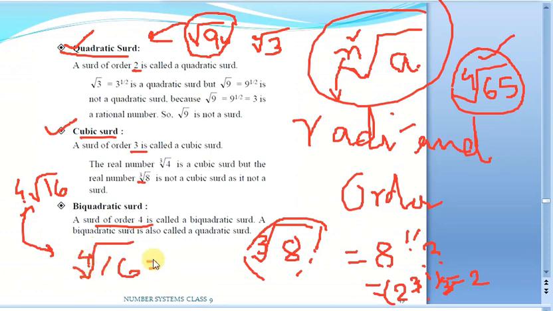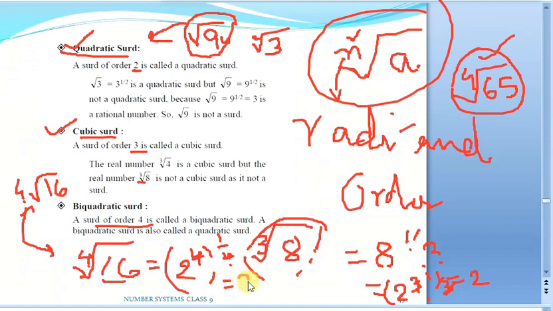So is it a biquadratic surd? That is my question. Let us check. Simplify it further: whatever is inside, try to prime factorize it. So how can we write it? It is 2 power 4. To prime factorize, 2 into 2 is 4, 4 into 2 is 8, 8 into 2 is 16. So 16 is 2 power 4 whole power 1 by 4. Why 1 by 4? Nth root I can write as whole power 1 by n. So these two get cancelled, and I am getting 2.